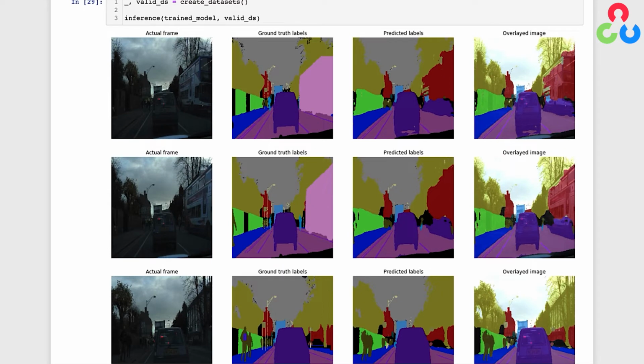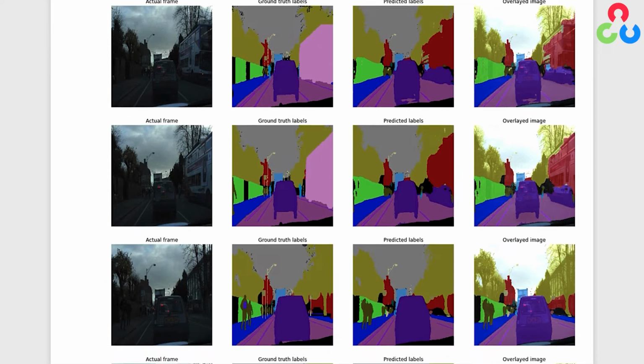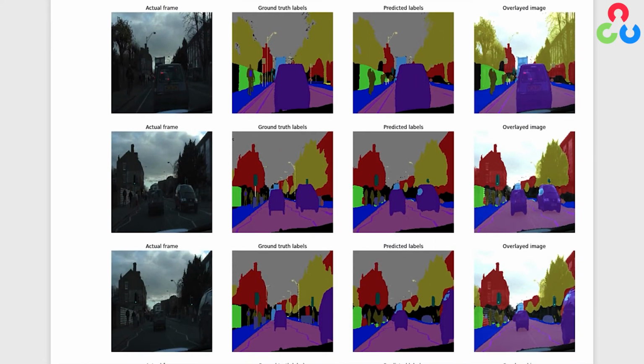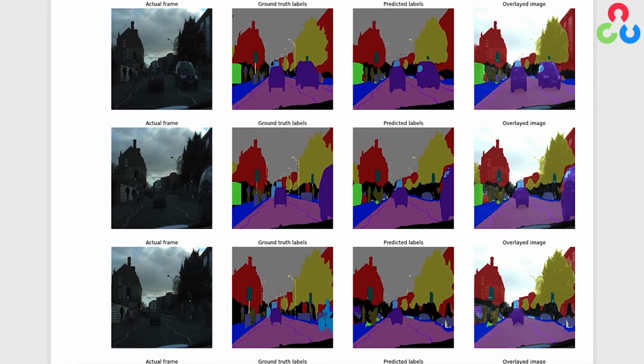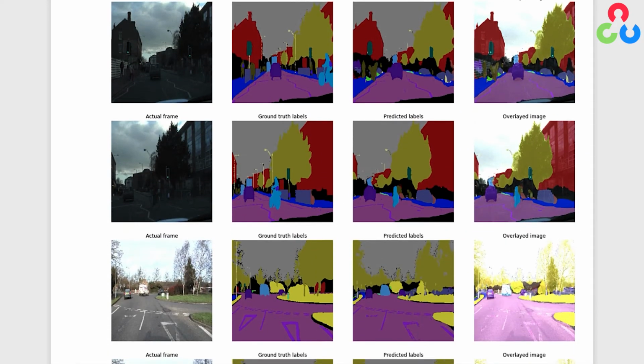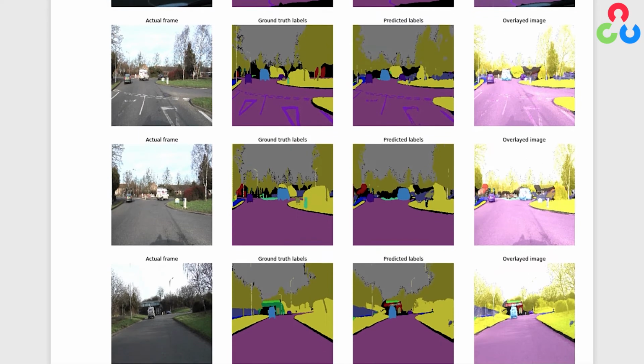Keep in mind that as we scroll through these images, we're trying to compare the ground truth maps with the predicted maps, which are shown in the second and third columns respectively. But it's also helpful to view the predicted segmentation map overlaid on the original image as shown in the fourth column. At first glance, the predicted segmentation maps look pretty good overall, but because there's so many classes, you really have to pay close attention to get a better idea of how things are performing and which classes are more